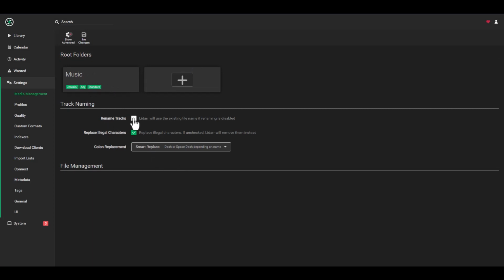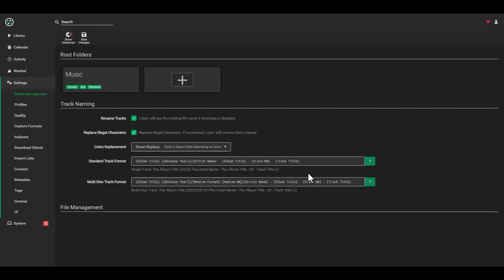And we want to rename the tracks, so we select that, and then we need to see how we're going to rename. We have here the illegal characters being replaced, and then the colon is going to be replaced with dashes. So then when we look at the sample of how it would look like, it'll be the album title with the year, and then the artist name, the album title, the number of the track, and the track title. Yeah, I think that's good. I think we don't need to do much here. That looks accurate. So we save the changes,